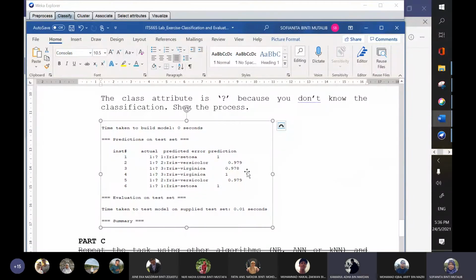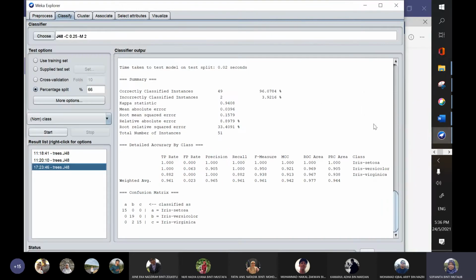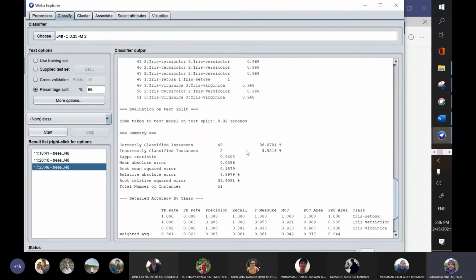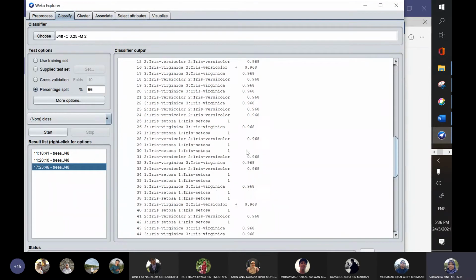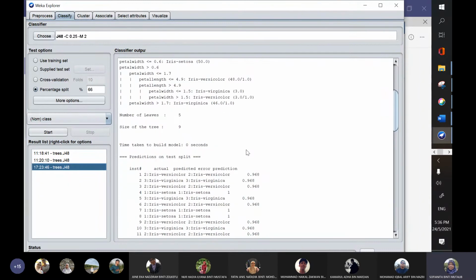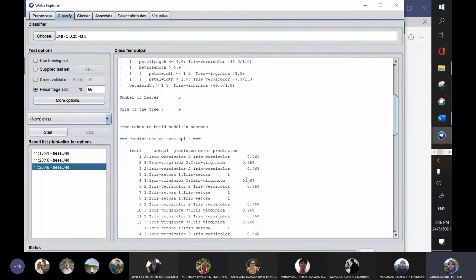Because this is in terms of Weka's transformation. The transformation will be shown by this one, let me check. This one, okay, so this is error prediction. The transformation uses some kind of formula.